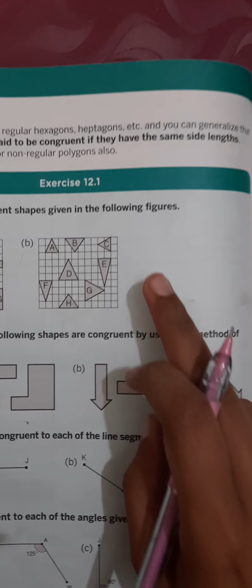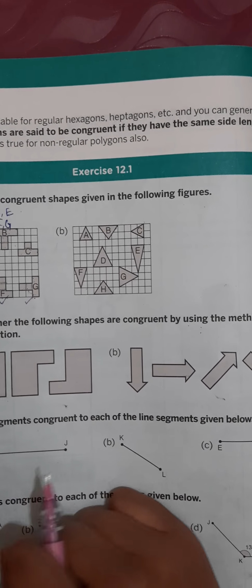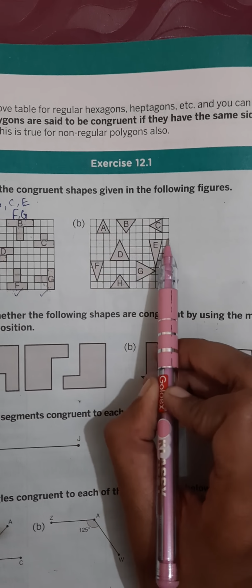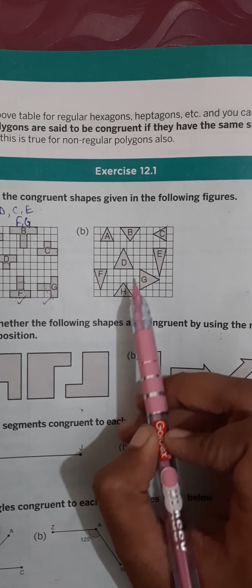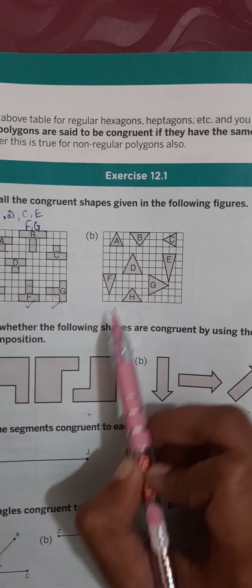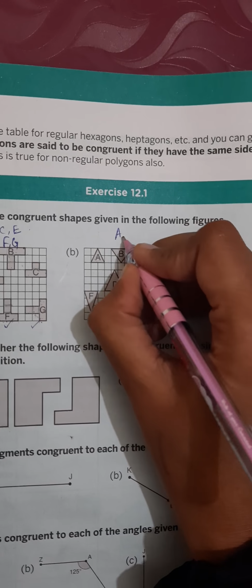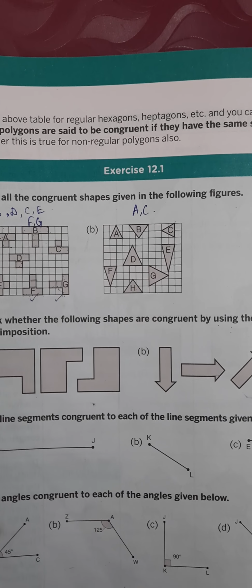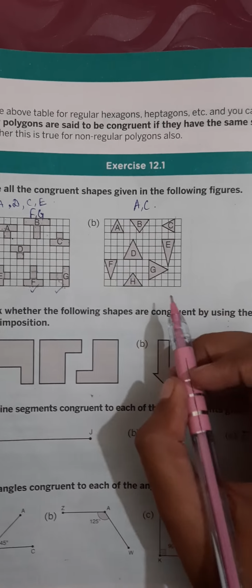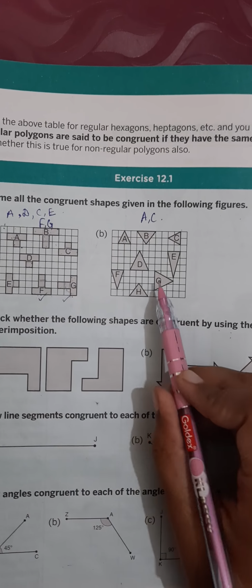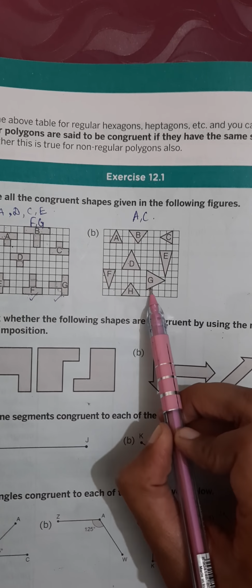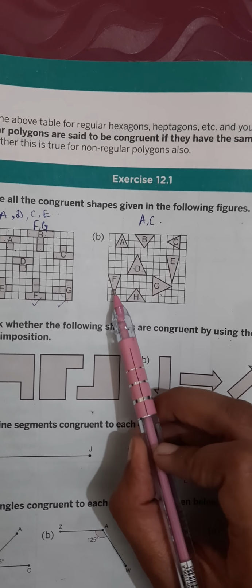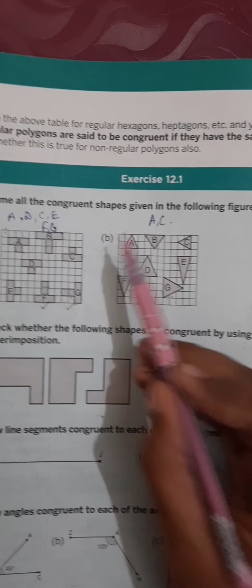Okay, similarly with the B part. Now in this B part also you are going to check the base. With A how many boxes are included? 2. So with C, A, C, and is there any other? No, it is not there. So A and C is going to be one pair. Next, similarly you will be finding it with E also. E, you will be finding D and G, they both are together, they both are looking same. So D and G are also same, right? And the rest you can find by yourself. You will do this B part by yourself.